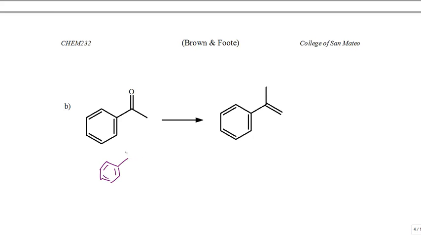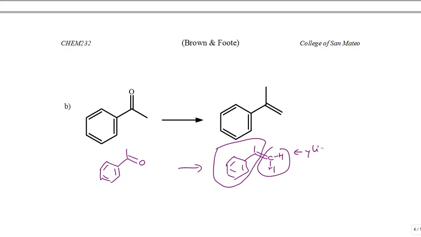So this time what I have is, I'm going to write this way so you can see it. In order to convert it to this new alkene, you see I've got an extra carbon here. Alright, so there's my carbonyl portion. So this has come from the ylid, and the ylid has got to come from the alkyl halide. So what's the ylid? The ylid has to have these two groups on it, but it's negative this end, and the triphenyl phosphine positive that end. That's the ylid, and to go backwards from the ylid to the alkyl halide,